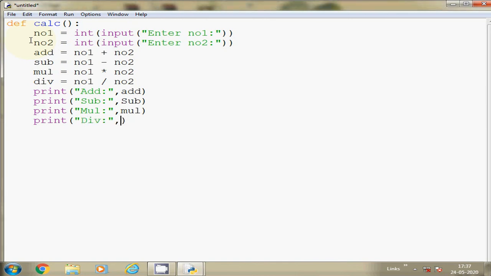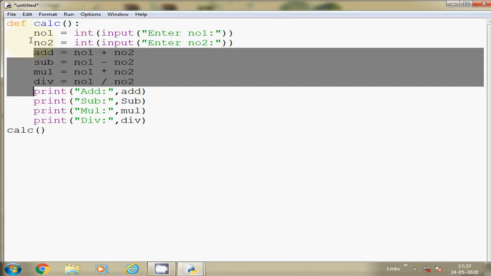So the program is completed. You can see. Now see, apart from these, there are more arithmetic operators also used, so that we will cover in the next program. So this is how you can perform simple calculation in Python by using these arithmetic operators.